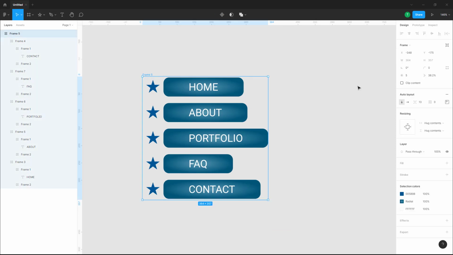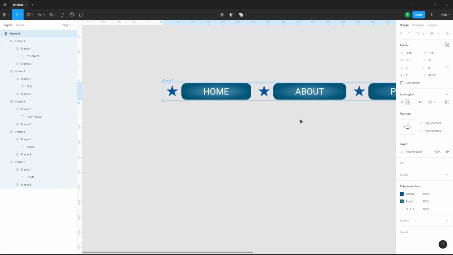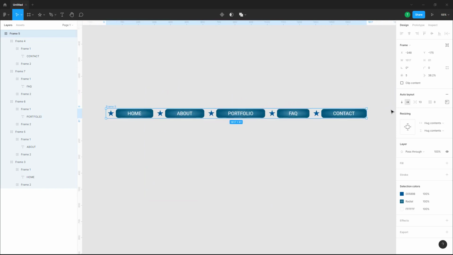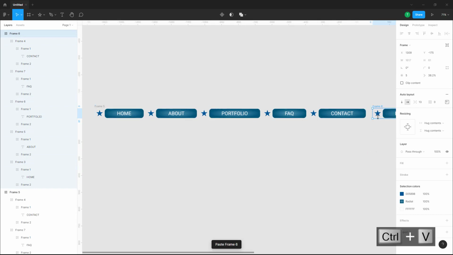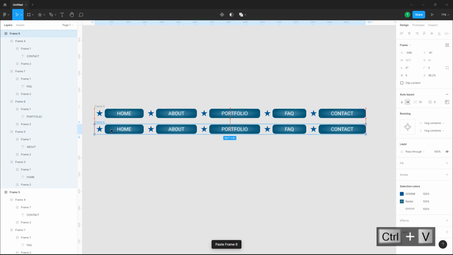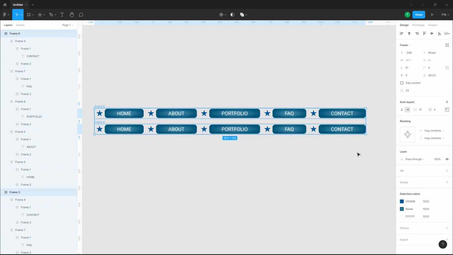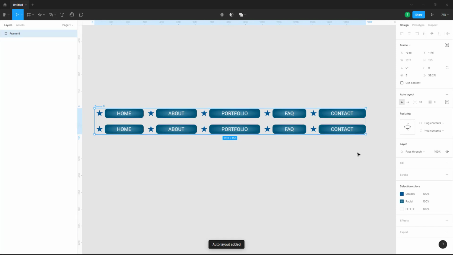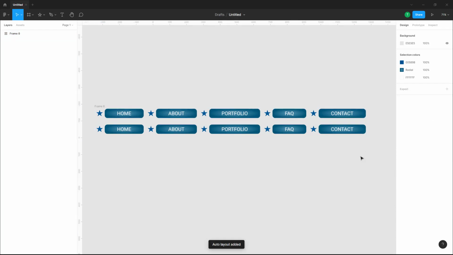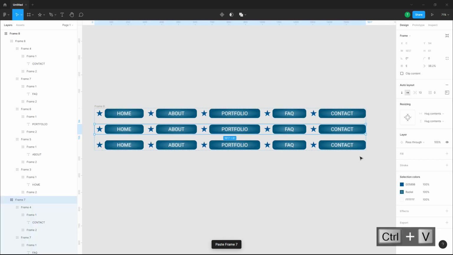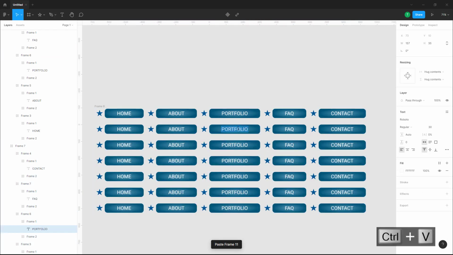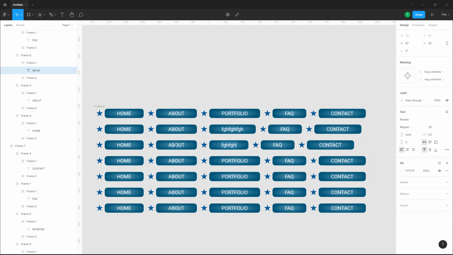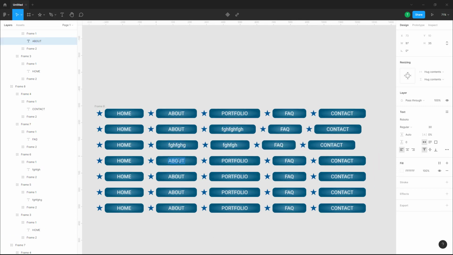You can select the frame over here as well, and this is an auto layout. So you can push it horizontally over here as well. So this is a frame. And again, you can press Ctrl C, Ctrl V right here, bring this to the bottom, line it up, select all of this, and convert it into an auto layout by pressing Shift A. So now you can press Ctrl V right here, and you can see that everything is dynamic now. Everything automatically adjusts right here,